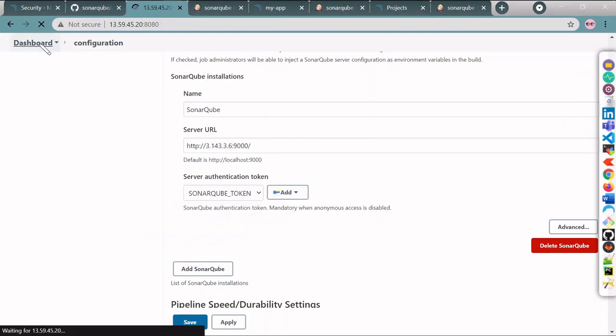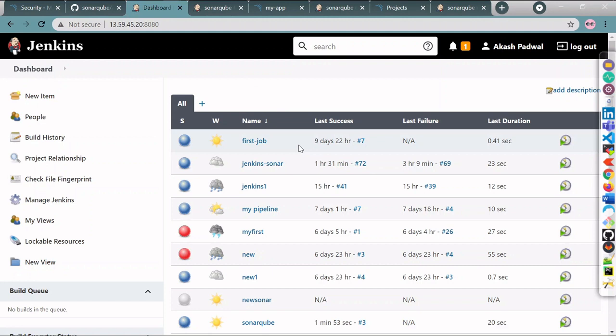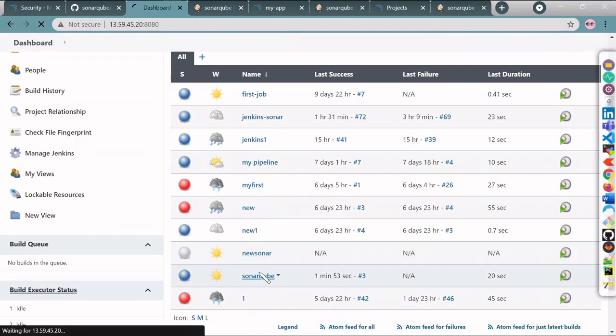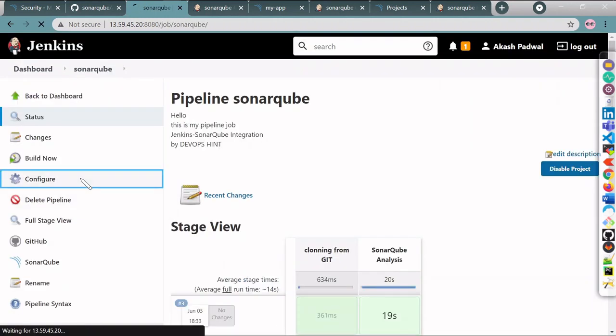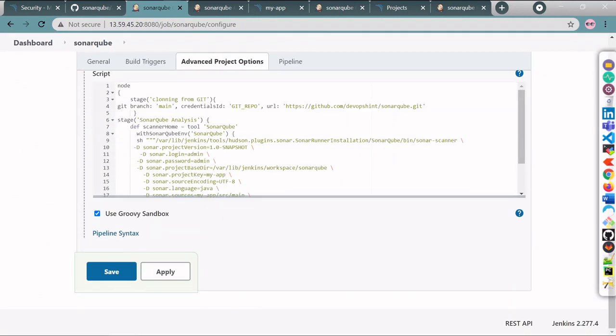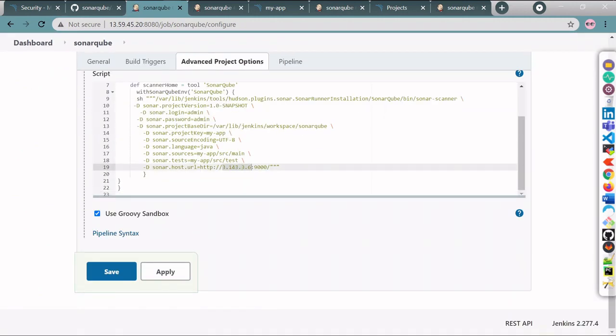You can use our repository, and I will drop this Sonar properties in the description. You can easily use that. And even if you are using your own project, there are no major changes. Changes are like just check the URL, then your test case and source code path, and then your language and your home. Okay, that's it. And also login password will be same. Otherwise you can also use your token, no issues.